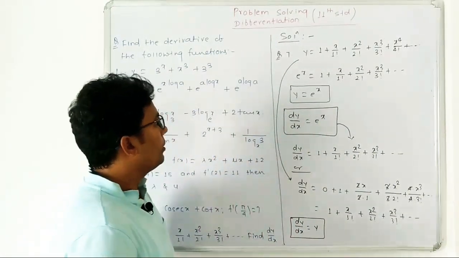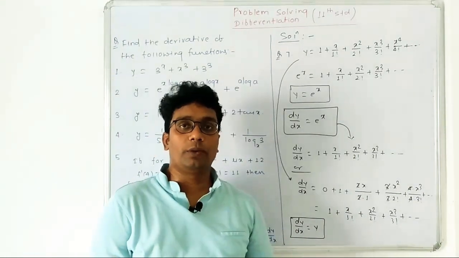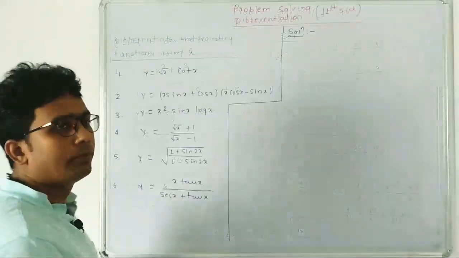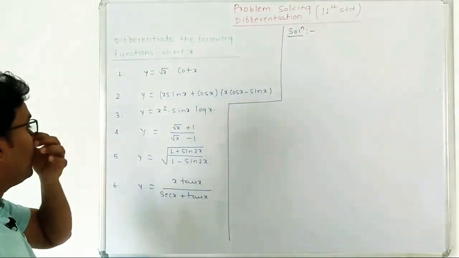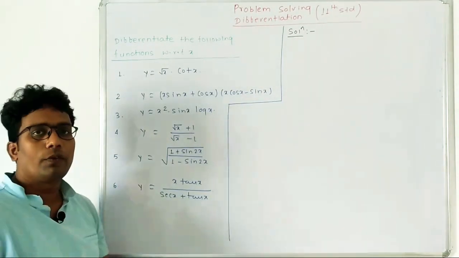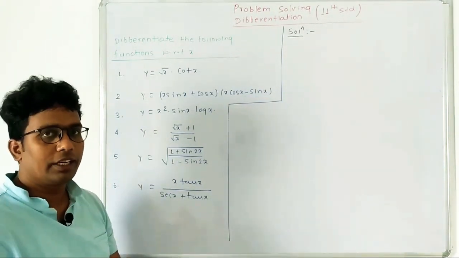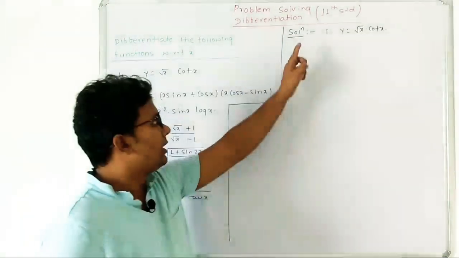So next, coming on the differentiation of the type of function u into v or u by v, right? So next we have the questions based on u into v and u by v formulae, right? That is the rule of product and rule of quotient of the derivative of two functions, right? Next, coming on the first question,